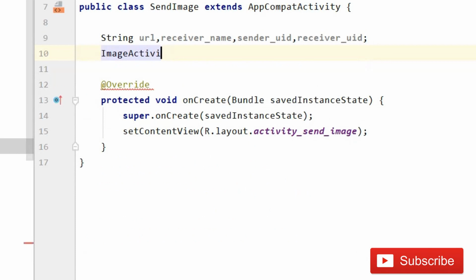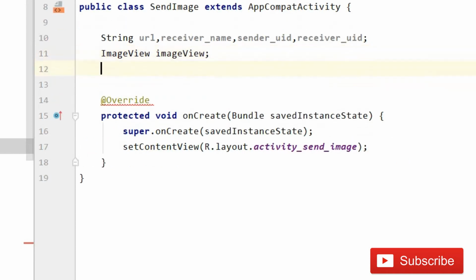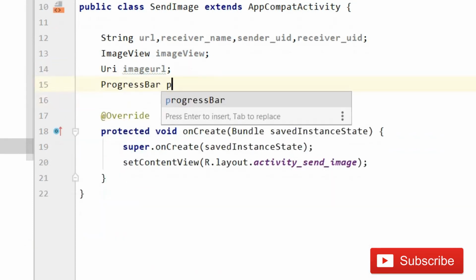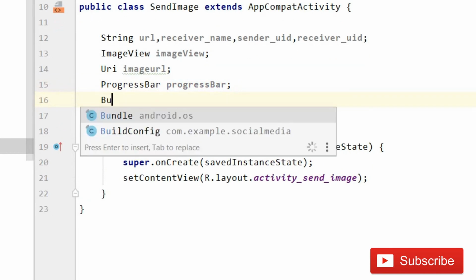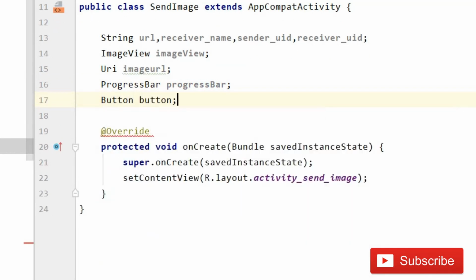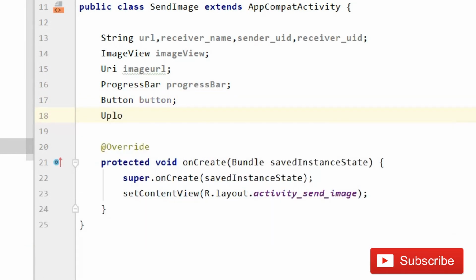Then for image view, and then after this uri for image url. After this progress bar, then button, not bundle, button, and then upload task. Later we will need it, don't worry, that is going to be very simple.